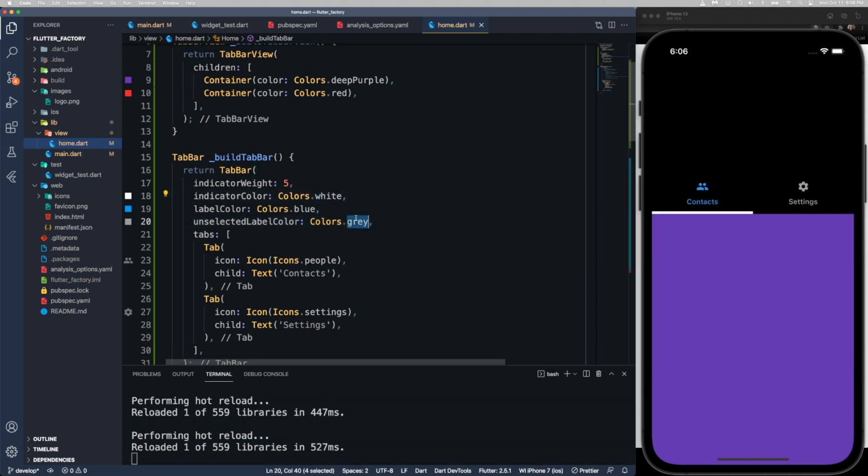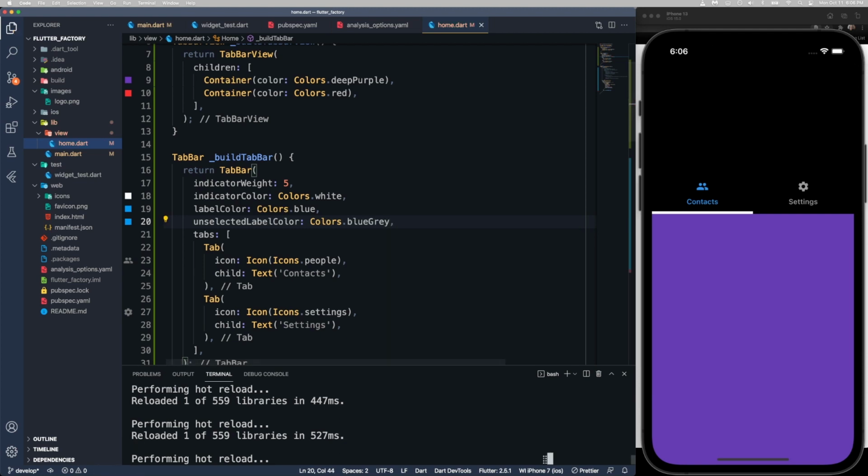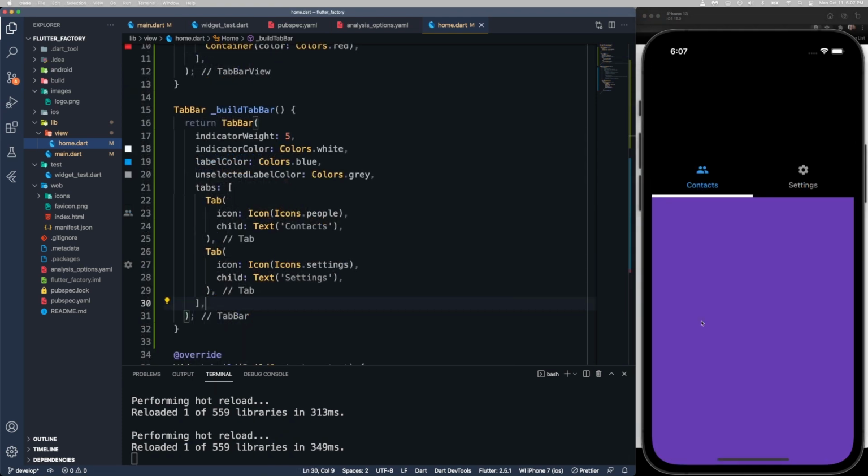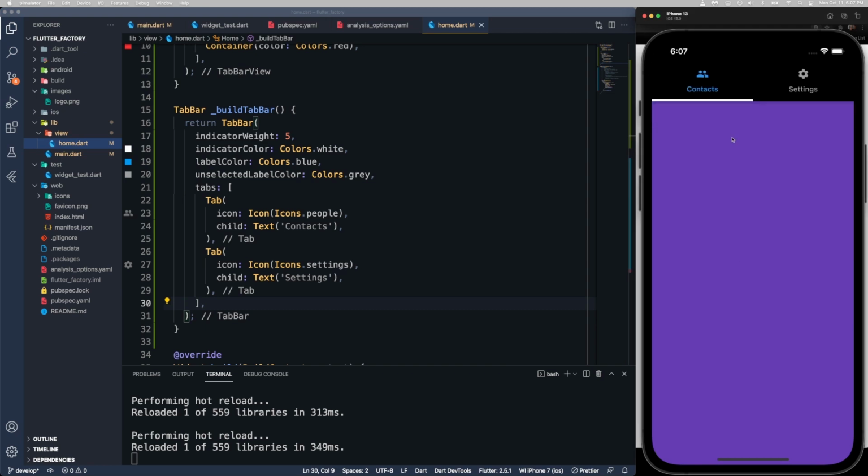Okay. Actually, we could do blue gray too. I don't know what that is here. Blue gray. Yeah, that's fine. Actually, let's do gray. Looks better. Yeah. Okay, so now we have our app bar with a floating tab bar like so, which is